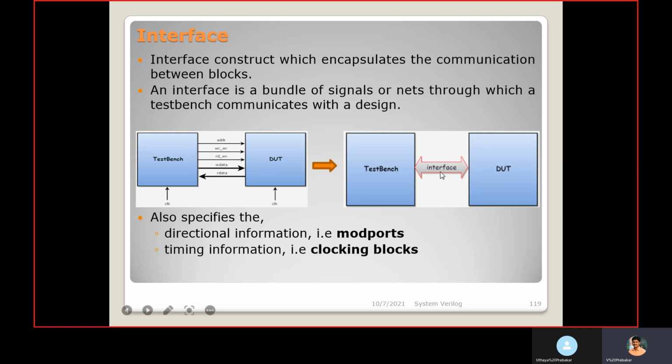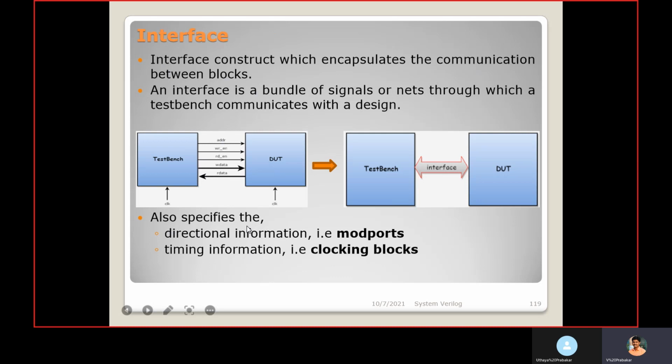Interface is a construct available, and using that we develop an interface block. Inside that, we put all these input-output signals, and through this interface we communicate between the blocks. An interface is a bundle of signals or nets through which the test bench communicates with the design.